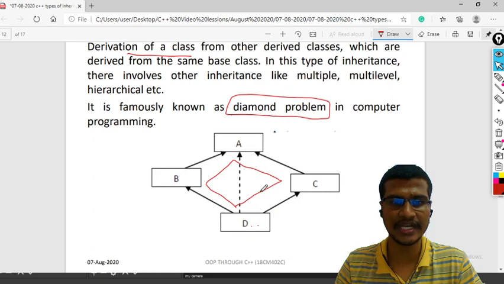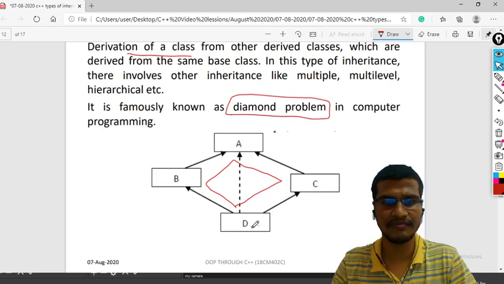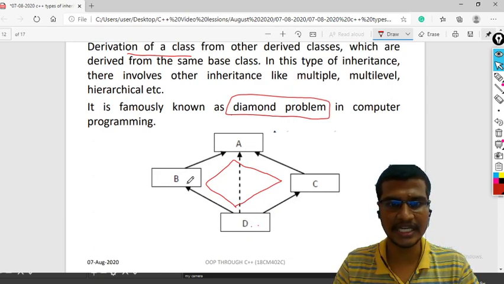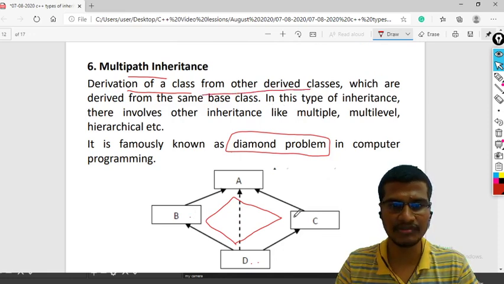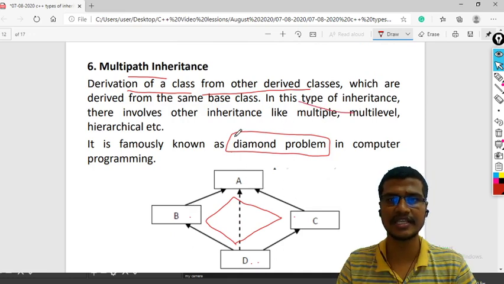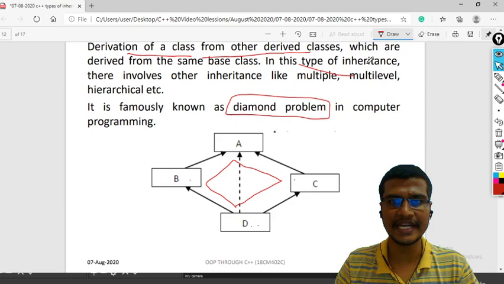If you know the diagram, then you can easily define it. This is a class derived from two or more base classes which are derived from the same base class. In this type of inheritance, it contains three types of inheritances.